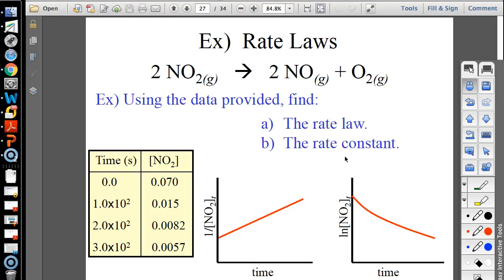All right, so on this one, we're going to find the rate law and the rate constant. How many reactants do we have? Looks like we have 1. And can you tell, this is what I was talking about. So this makes a straight line, this does not. That's how you know it's second order, okay? So since it only has 1 reactant,